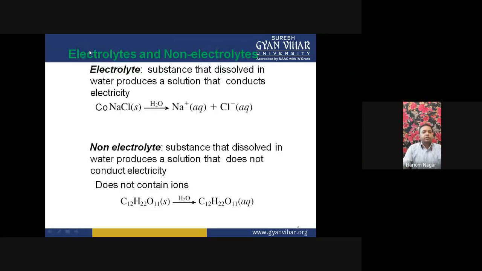Yes. Now, electrolytes and non-electrolytes. Which species will be called an electrolyte and which species will be called a non-electrolyte? A substance that dissolved in water produces a solution that conducts electricity is called an electrolyte. So if you talk about NaCl, in its solid state,